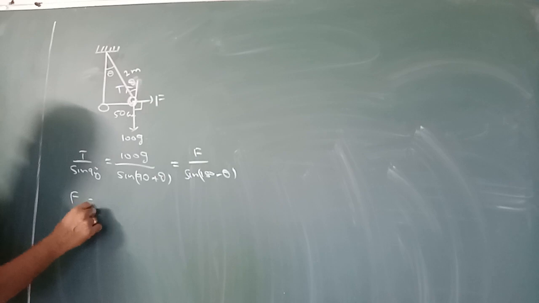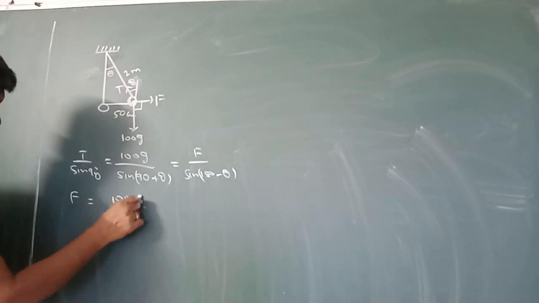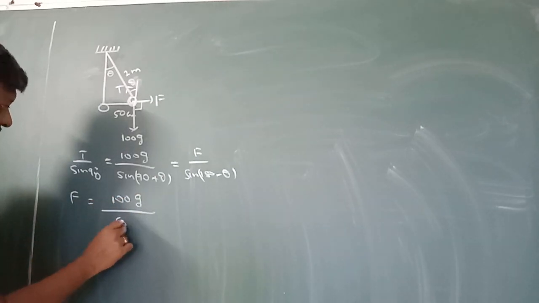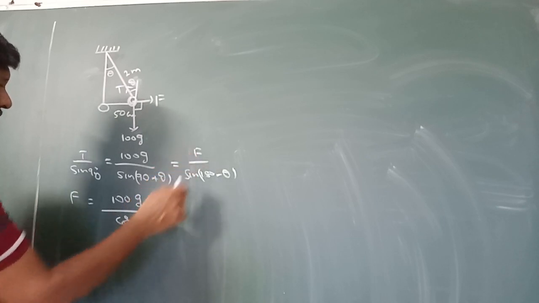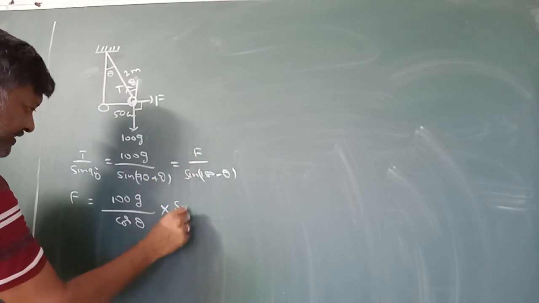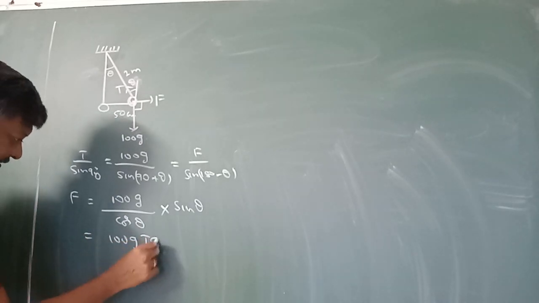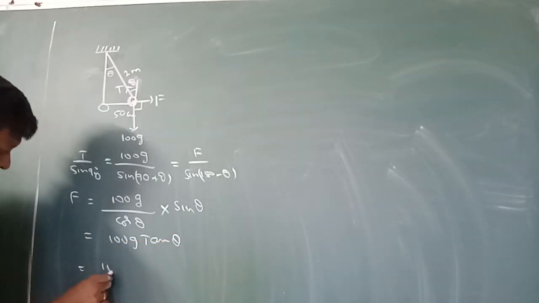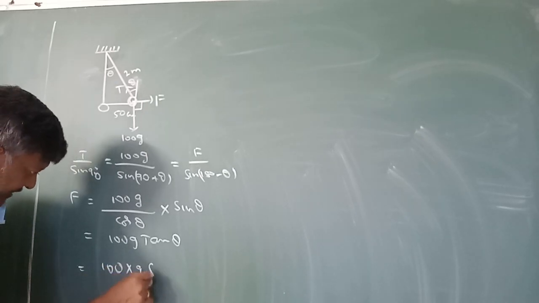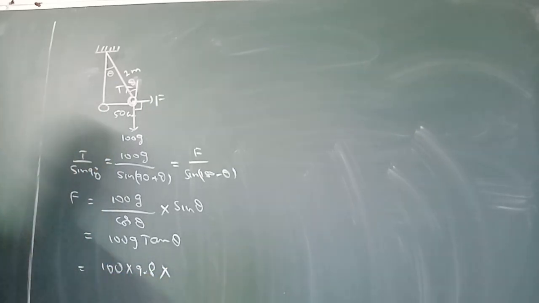So F is equal to 100g by sin(90 plus theta), which is cos theta, into sin(180 minus theta), which is sin theta. This is equal to 100g tan theta. This is equal to 100 into 9.8 into tan theta. Tan theta is equal to, here,